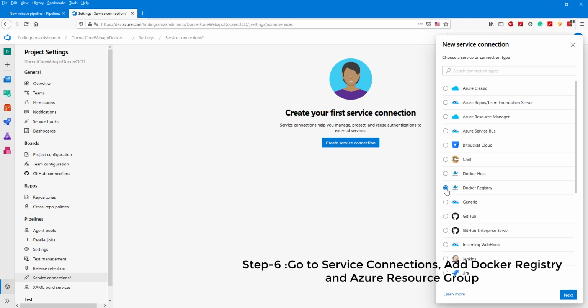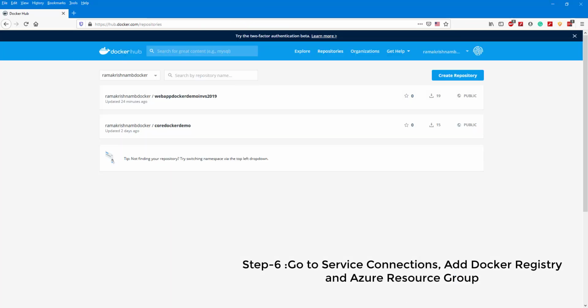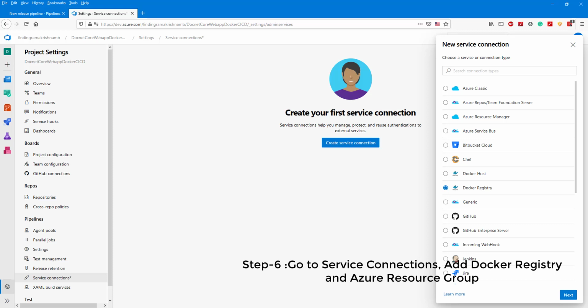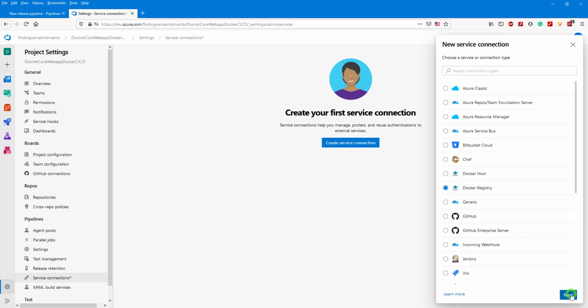If you are wondering why we need a service connection and why we are creating a Docker registry connection, if you remember, our aim is that whenever we commit the latest changes through Visual Studio to the GitHub repository, we need to build the Docker image and push that image to the repository in Docker Hub. To do that, the DevOps pipelines need permission to access Docker Hub. To give permission, we are going to create a service connection to Docker Hub. Here we give permission to access the Docker registry through this method.